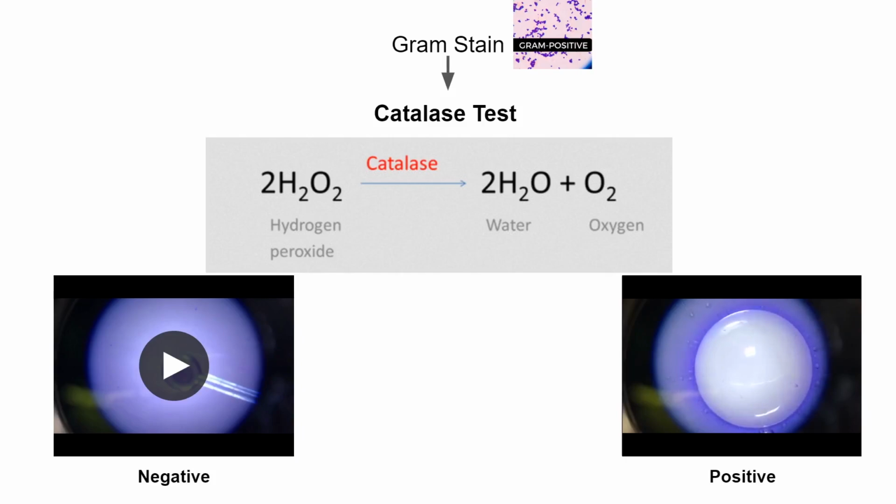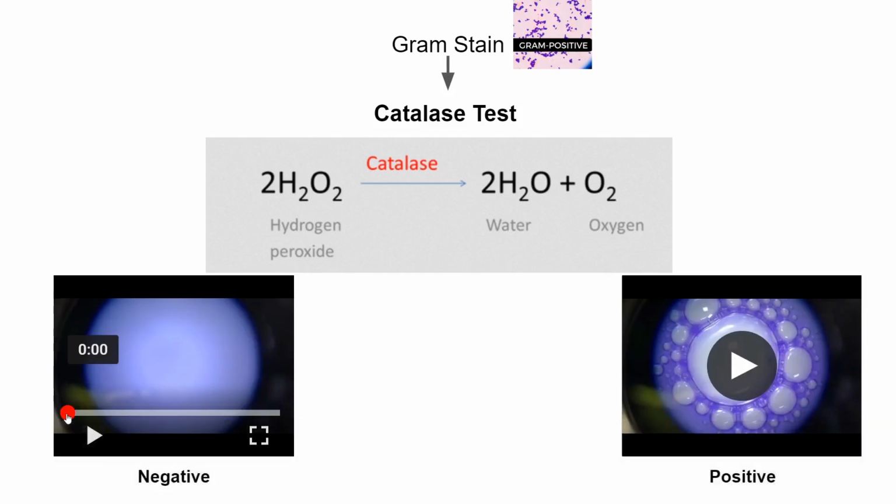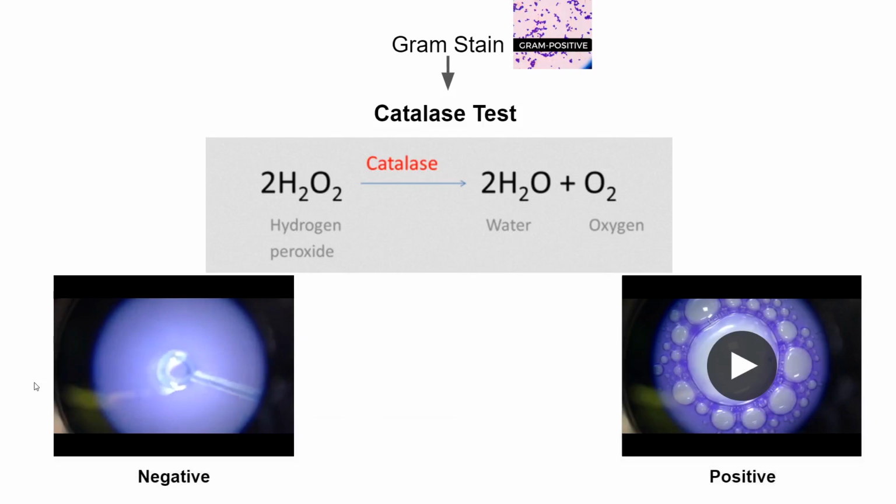This means that the catalase enzyme is present and is actively breaking down the hydrogen peroxide, and the oxygen is producing the bubbles. Okay, now let's look at the same test to see what a negative result would look like. Again, we have a hydrogen peroxide solution with a little bit of crystal violet applied at 40 times total magnification. You can see that there are no bubbles present. So this result would tell us that we are working with the Streptococcus species because it does not have the